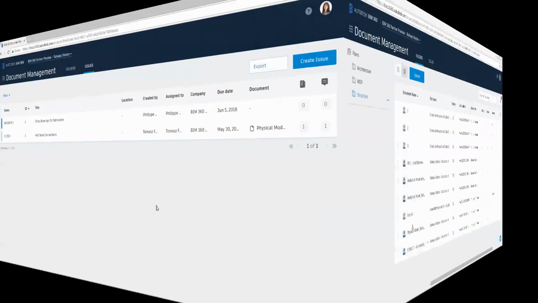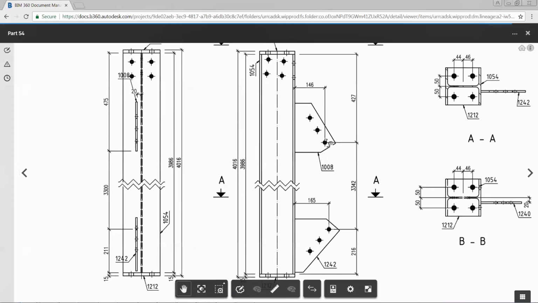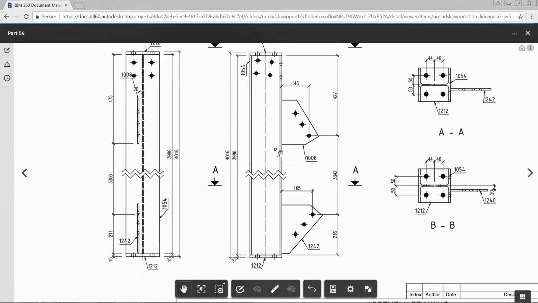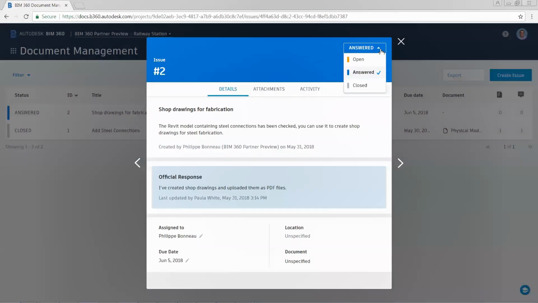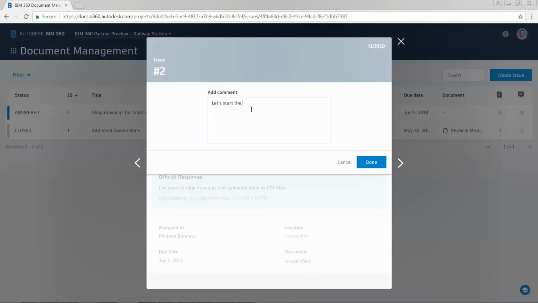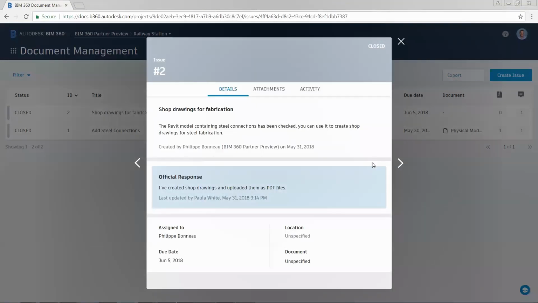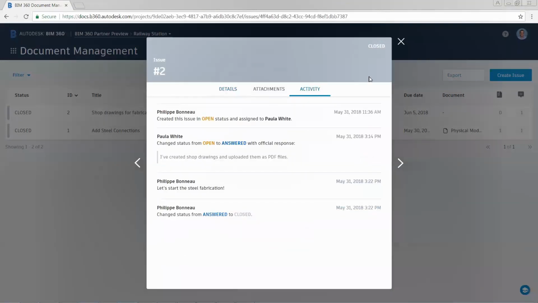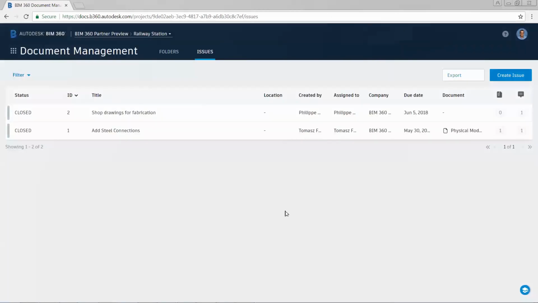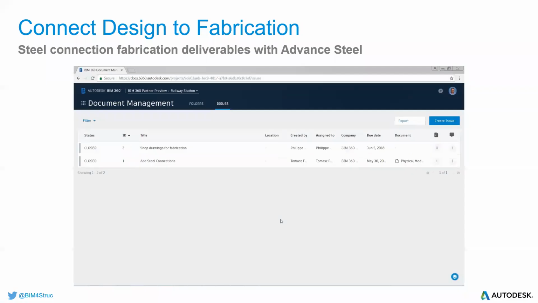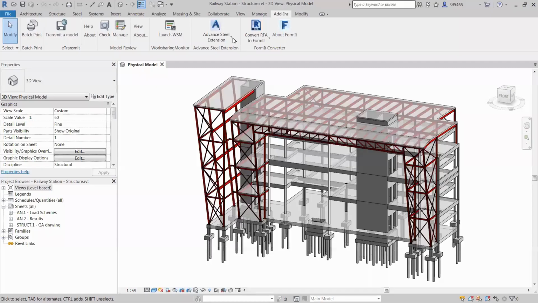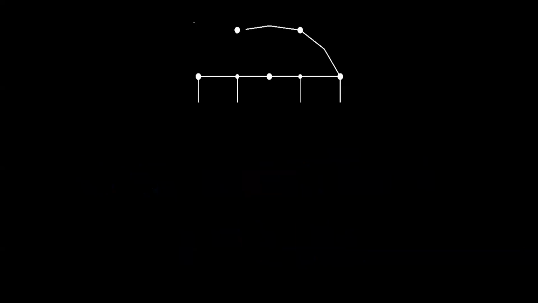So then he again uploads them into BIM 360 to enable the design team to receive his fabricated or shop drawing models, both in 2D and 3D. So it notifies them again via text, the details that he has provided and the activity that has been happening over that period of time. So again, the information will be received by the design team, who will again log in onto their BIM 360 to receive the various shop drawings and documentation which have been provided by the structural fabricator. So then after that,